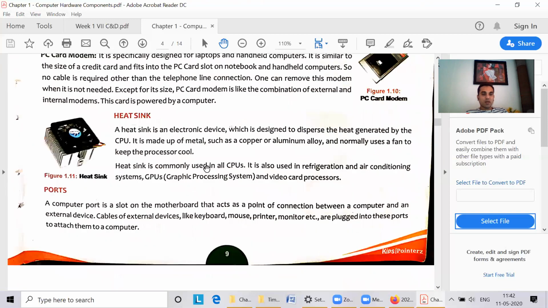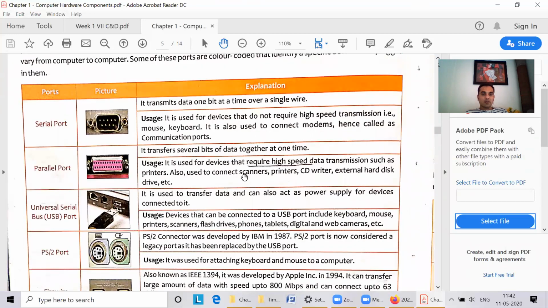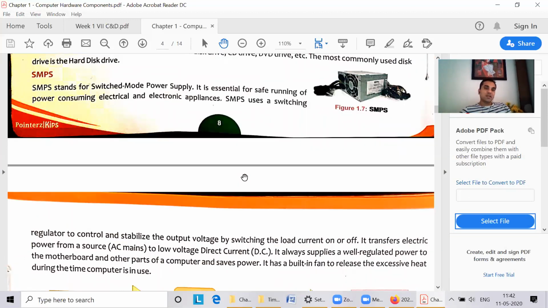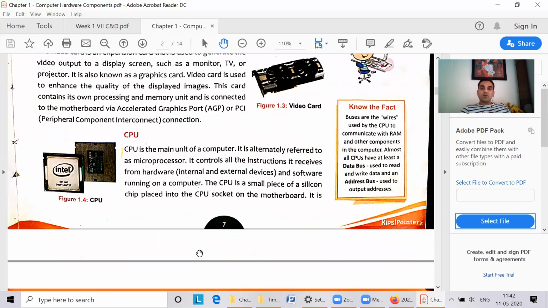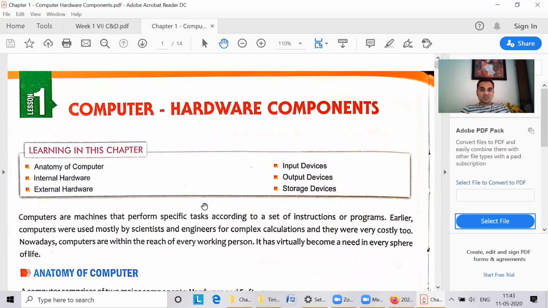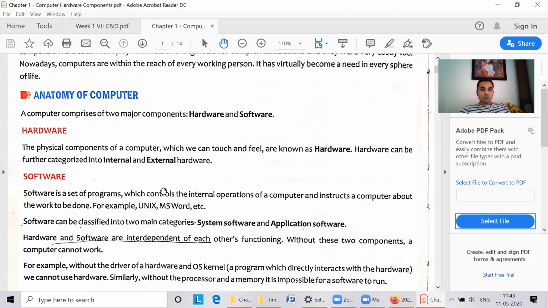So the next part, like modem and further things, we are going to discuss soon in the next session. But let's take a quick revision. Then after the revision, I will share some assignment regarding this. And after the assignment, I will share a Google test on this, up to SMPS. So students, you have to submit the assignment before 3:30 today, and you have to attempt the Google test as soon as I share the link in the group. Okay. So let's take a quick revision.